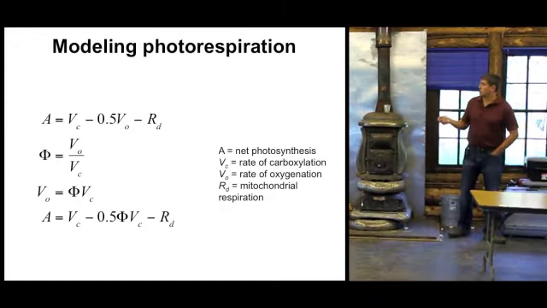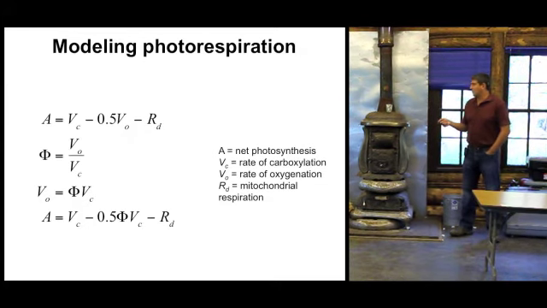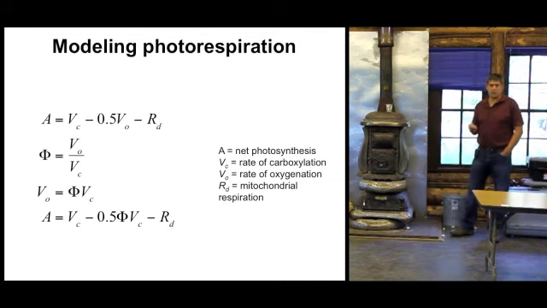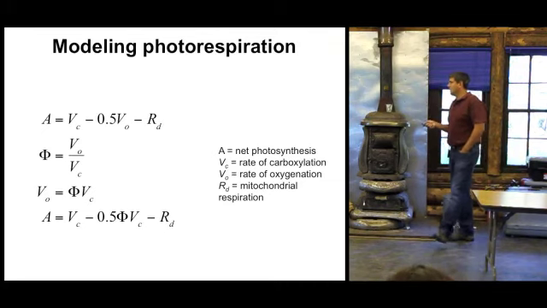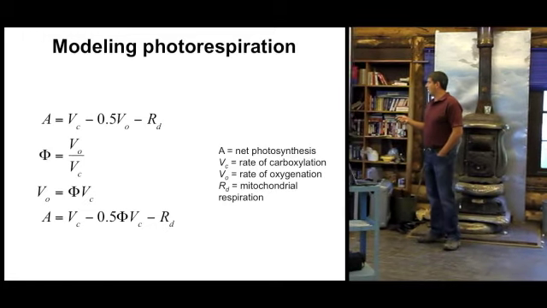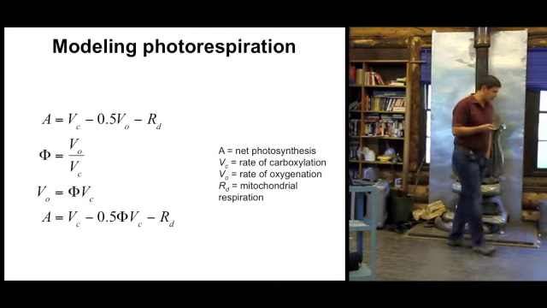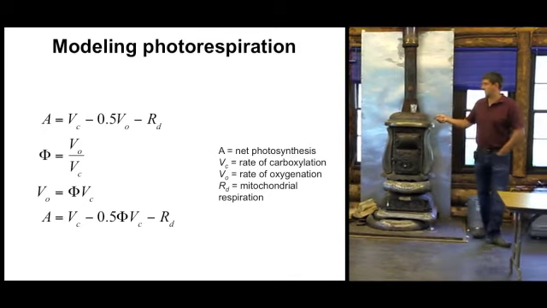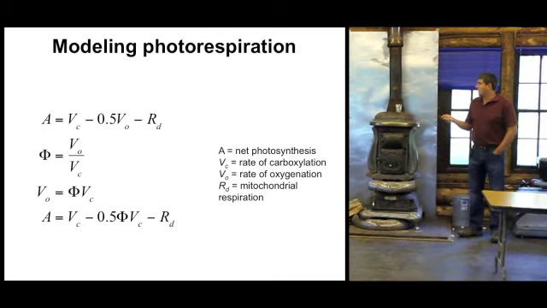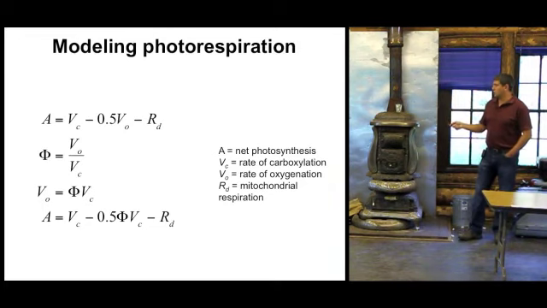Now, one of the things we want to do when we model photosynthesis is we want to simplify things. And of course, when you're introducing a lot more equations, that isn't always necessarily simplifying things, at least on the surface, but in fact it is. The first thing we want to do is we don't want to have to separately model three components that are all just additive or, in this case, subtractive from one another. What we want to do is simplify the terms so that we could just basically pull together